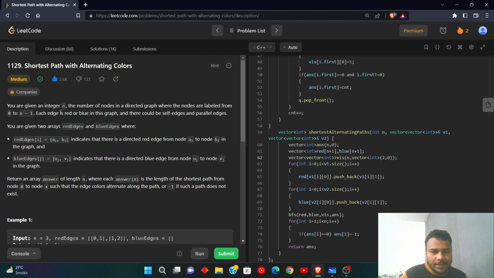In this problem, you are given a directed graph whose nodes are connected through edges of two types. The first type of edge is red and the second type is blue. Each node can be connected with a red edge or a blue edge, or maybe both. From one way it is connected with red, and from a second way it is connected with a blue edge. We have to return an array of answer of length n, where answer of x denotes the shortest path from 0 to node x,